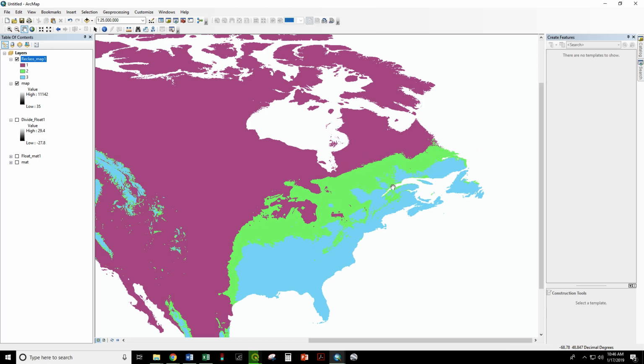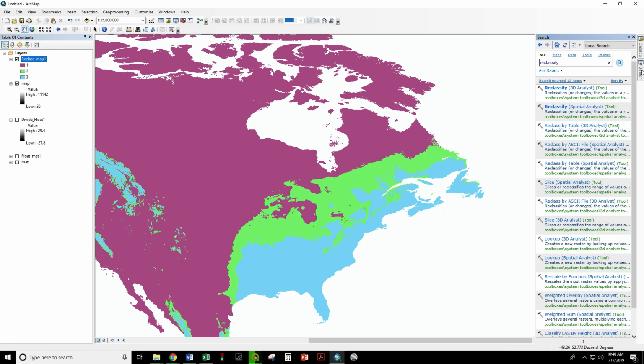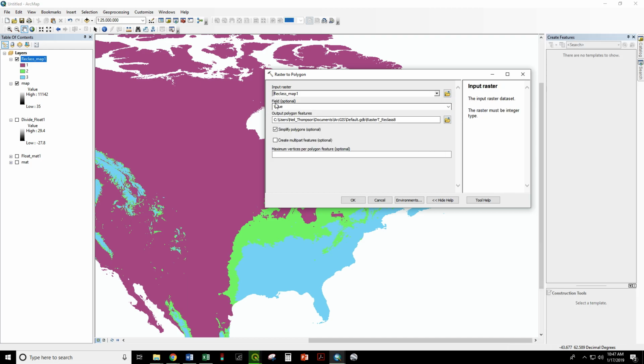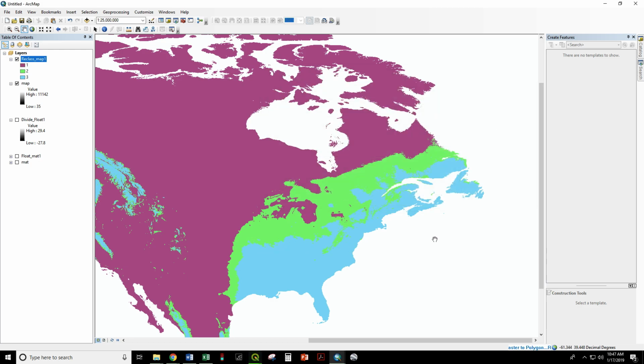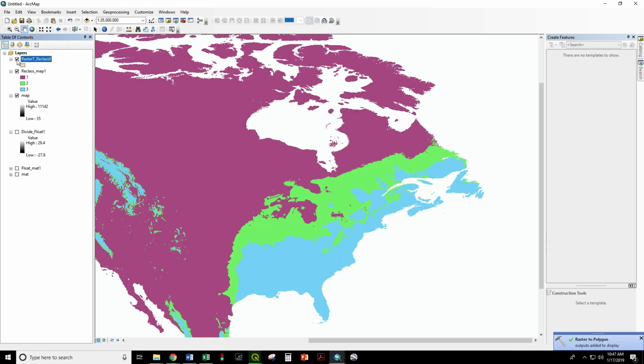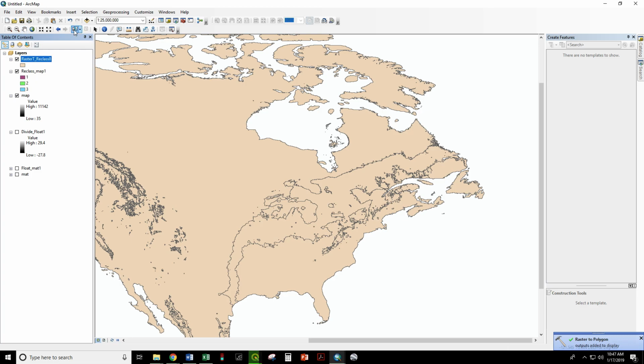Now let's go ahead and turn this into a polygon layer that we can then extract only the similar areas. So raster to polygon, conversion, take the reclass, we're using the value field value, and we are not going to simplify polygons today. That will maintain the exact boundaries of this selection. Good, there it is. And now we can use our selection tool to select this band, or we could select